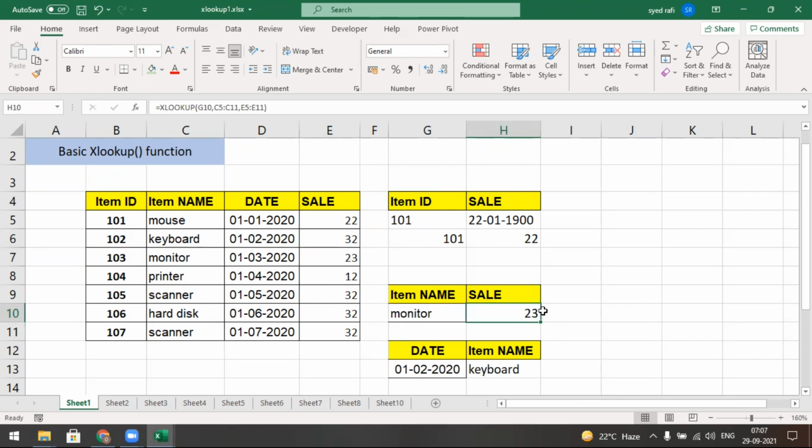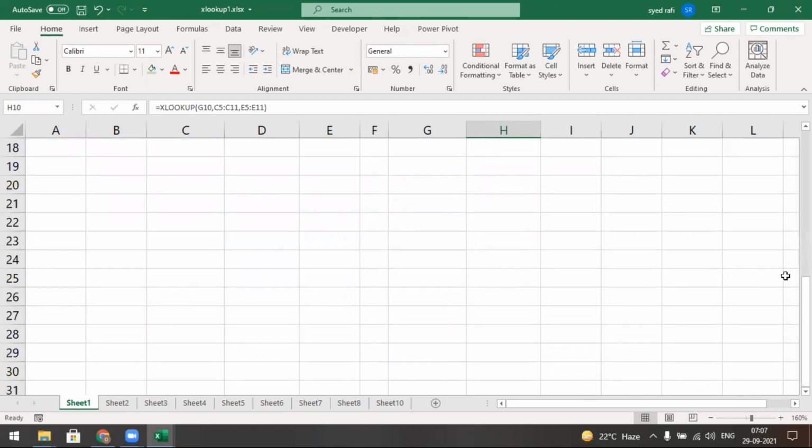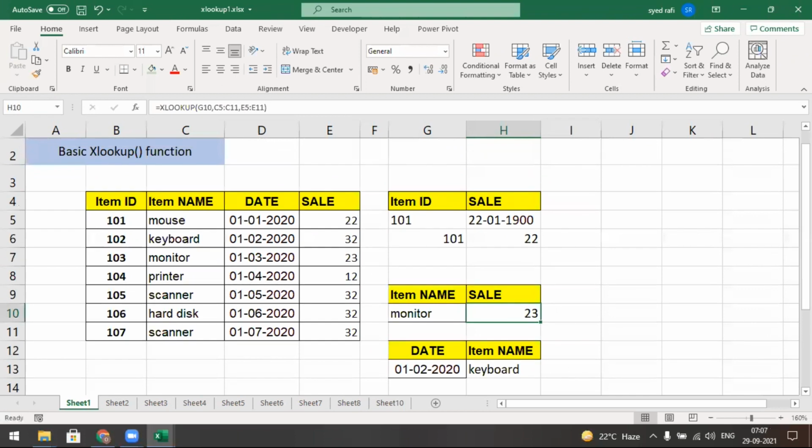The other major disadvantage in VLOOKUP is that it can search only left to right, but in XLOOKUP it will search in any direction. I will show you. Here I have given a date, and I need to get the item name, which is placed to the left, right to left.